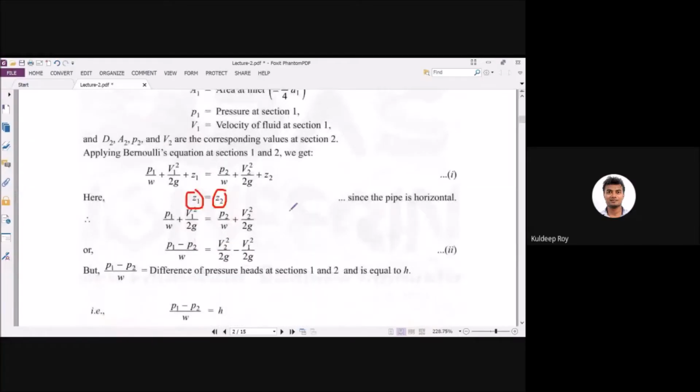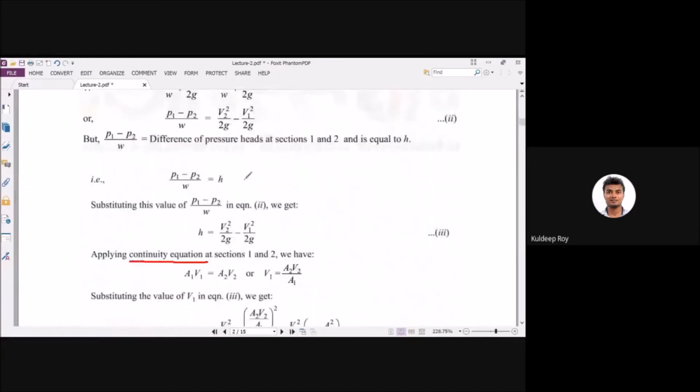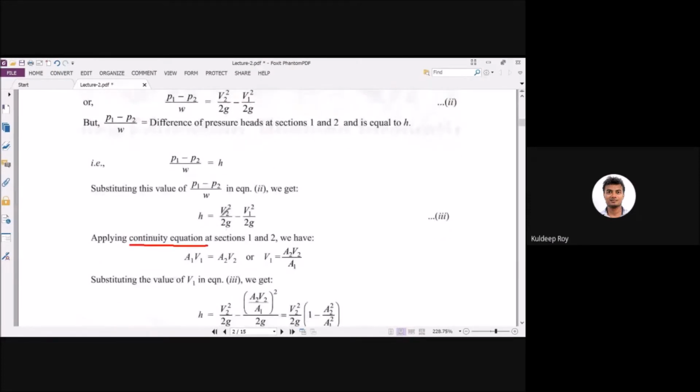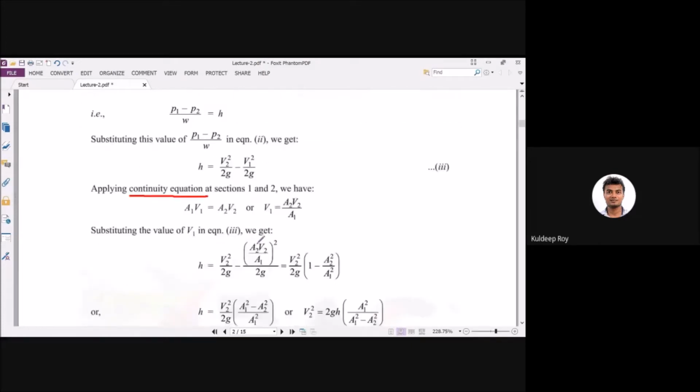Velocity, sorry, you have determined the potential head, you have determined the pressure head, you have determined the velocity. Now how we will rearrange here, it is all about rearranging the terms which are known to you. Now what we have determined, v1 equal to a2 v2 divided by a1, we place this value here only, and we have rearranged, we have got this expression.